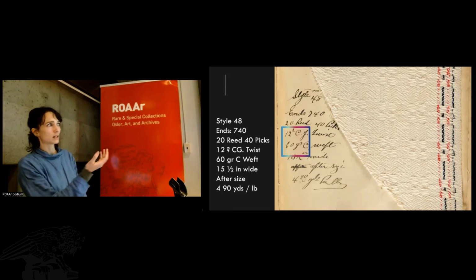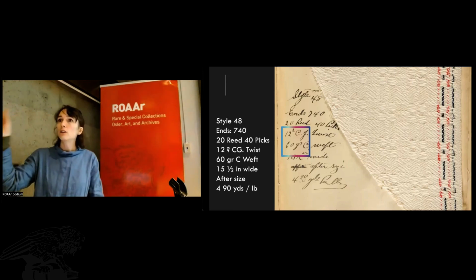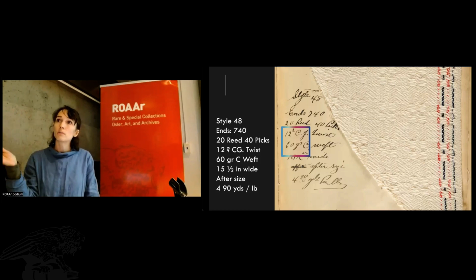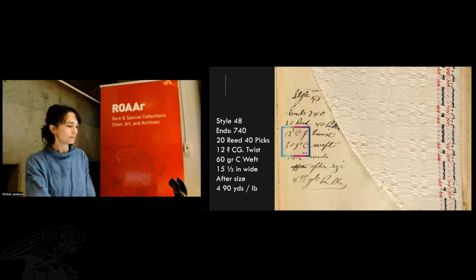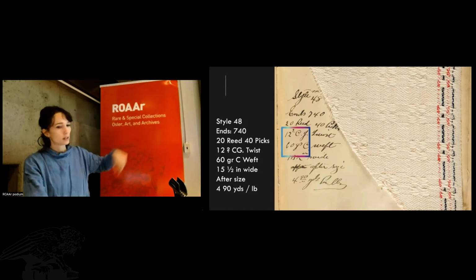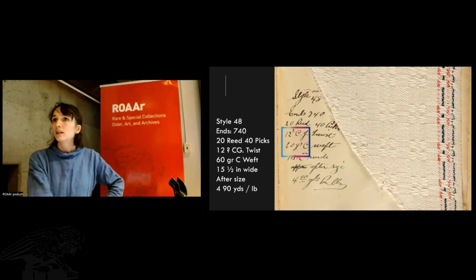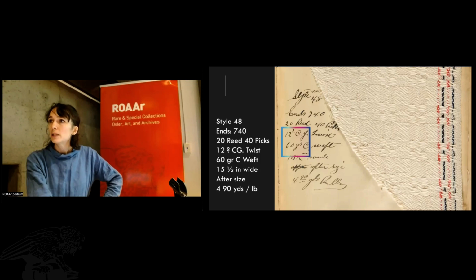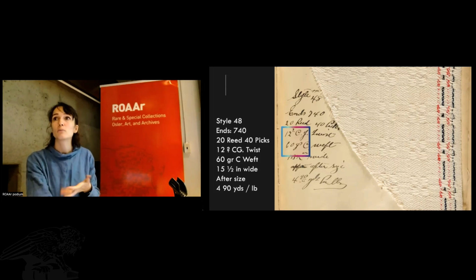So what that does is actually create a really nice pop of those weft threads, the horizontal threads that go over a number of warp threads. So there's a nice dimensionality to it when you change that ratio of warp to weft. The other numbers that you see on screen on the left there also give you the finished weight of a yard of fabric. So that would be an interesting thing to be able to essentially reverse engineer through math to see the yardage that would have been